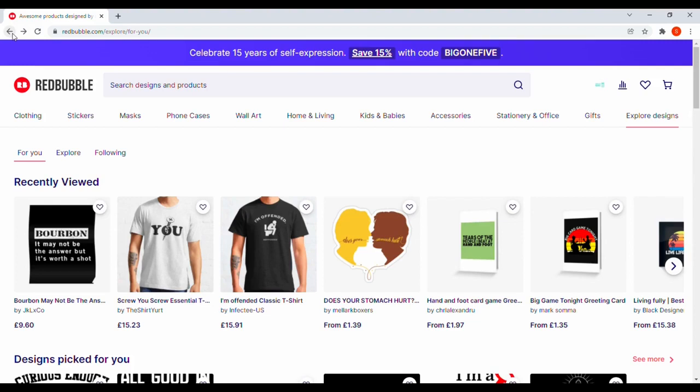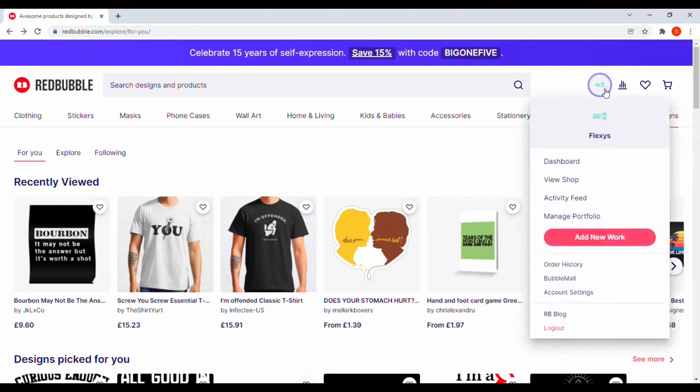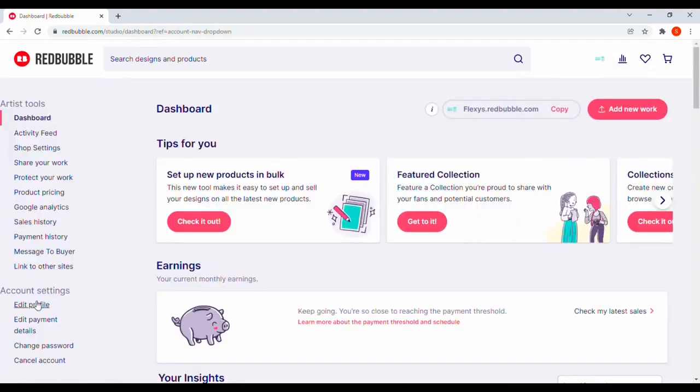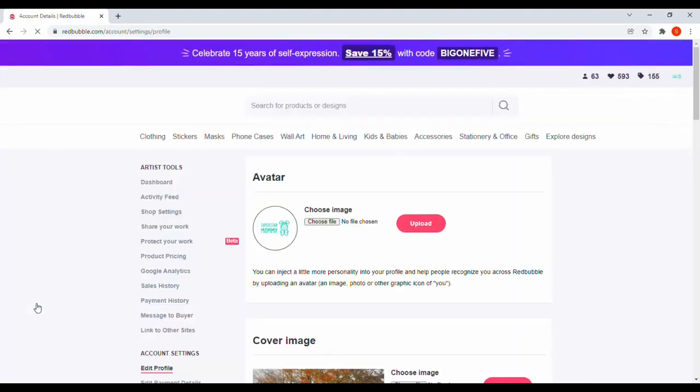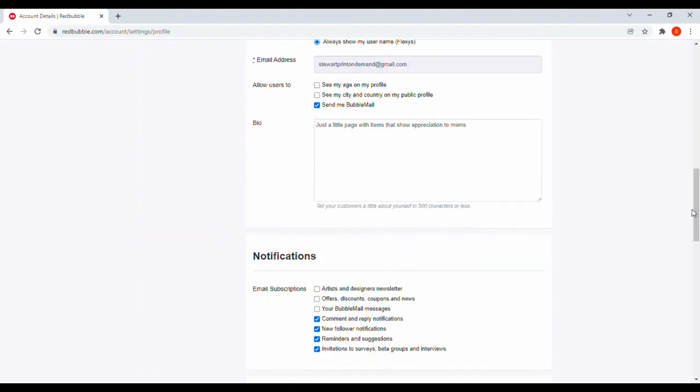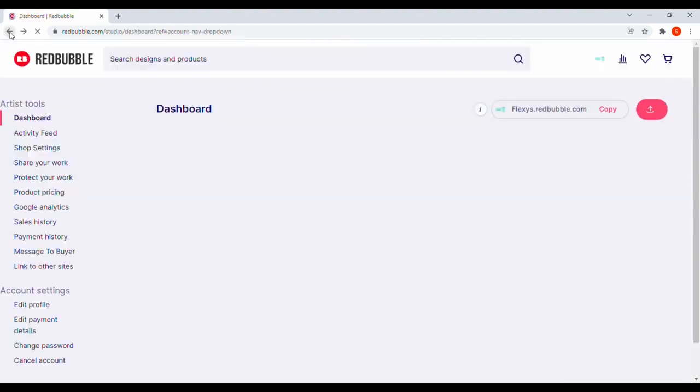So to get to Bubble Mail, we're going to go across, and first what you need to do is turn it on. So although you'll see Bubble Mail there, I'm going to show you how to turn it on first. So click Dashboard, come across and click on Edit Profile, and then you're going to scroll down to the bottom, and you're going to tick that, send me Bubble Mail. So it'll probably be unticked, just tick it, and that's that on. And then to view your messages, come back out of here,